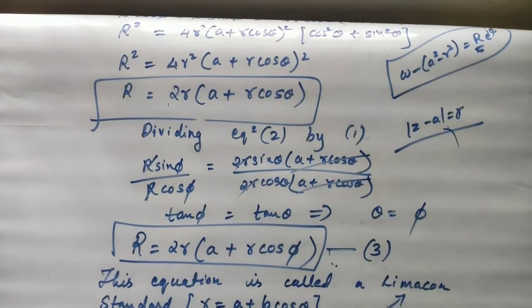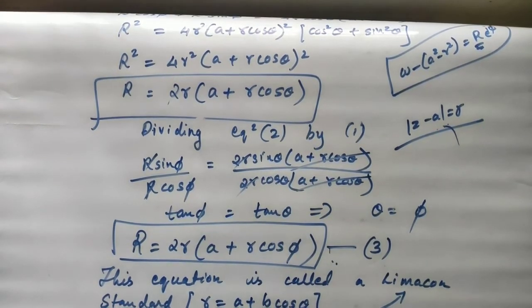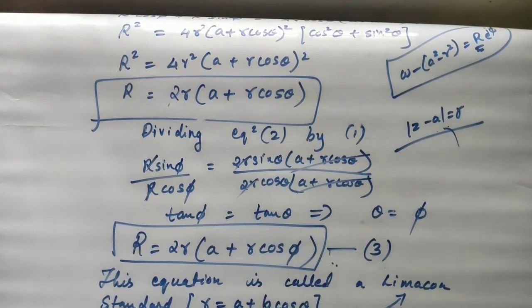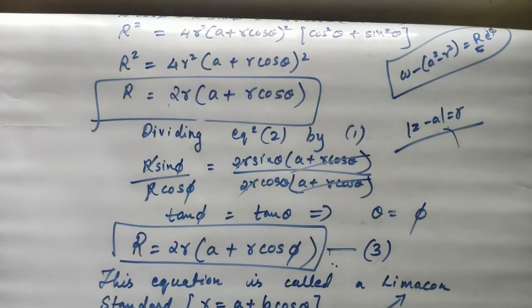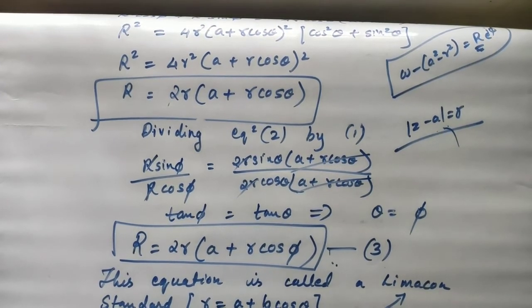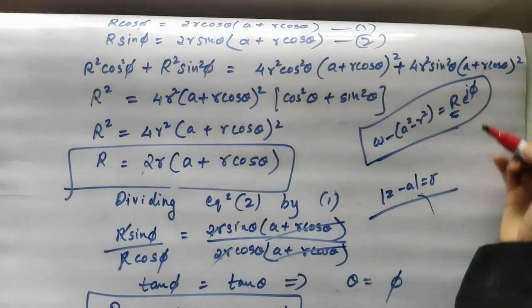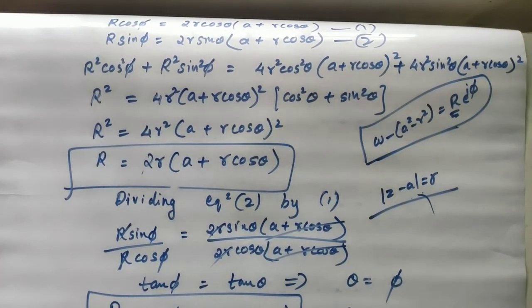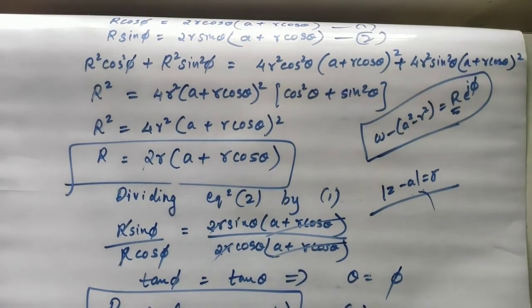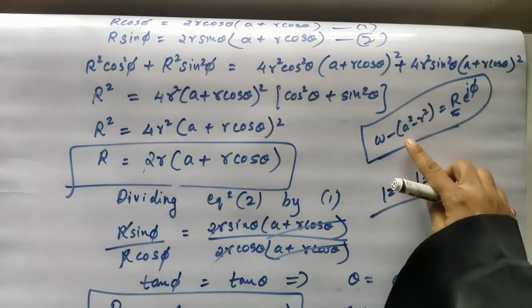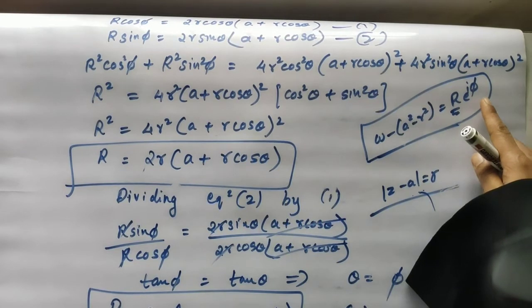First step was separating your a from that left hand side, right hand side. So w minus a square you had to represent. After that you add r square on both the sides. After adding, you have to assume your left hand side as r into e to power i theta, and on the left hand side you have to represent it as r into e to power i phi, is it not?